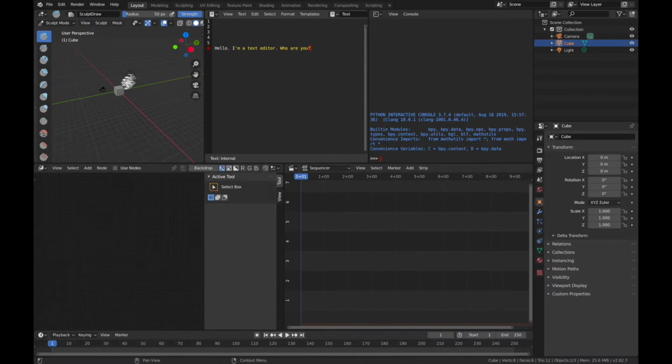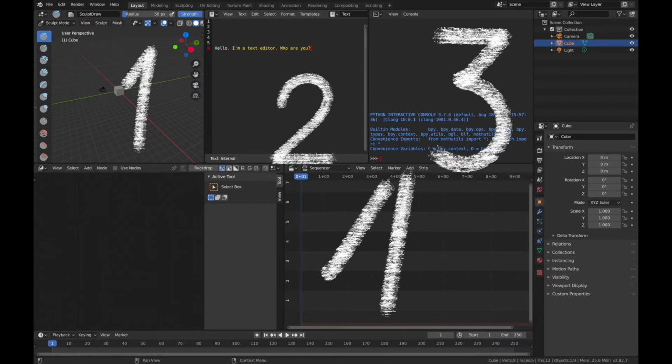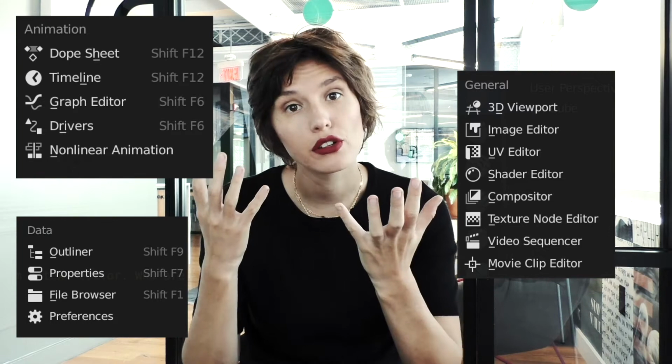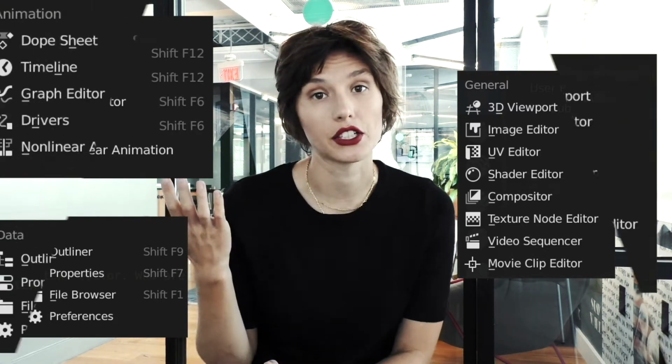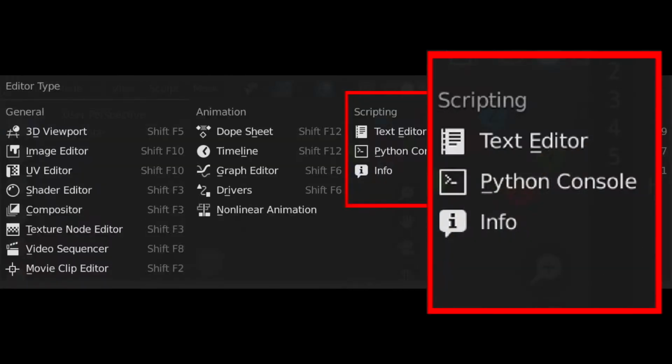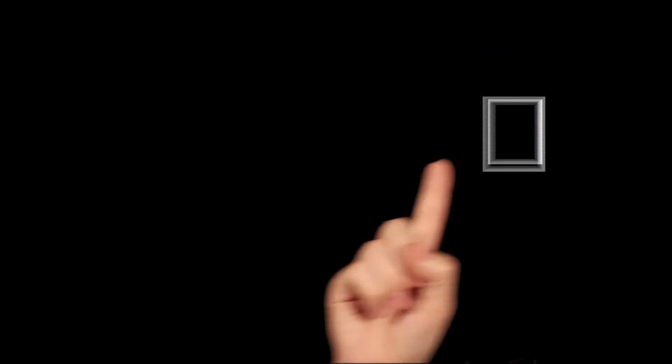Each window that you see in Blender is an editor where you can be doing different types of things depending on what you need to do at that particular time. For example, first you need to draw something, then sculpt it, add effects, animate, render, and so on. Editors are divided into different categories that depend on their functionality. Some neighbors are closer friends than others because they share similar interests.